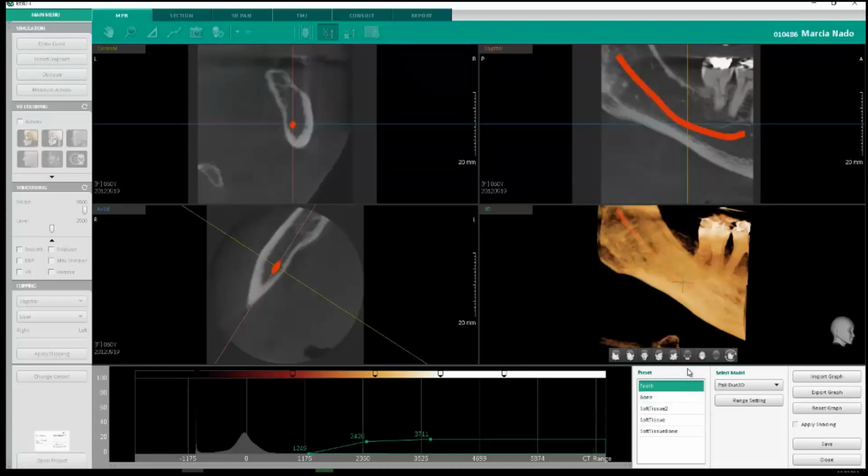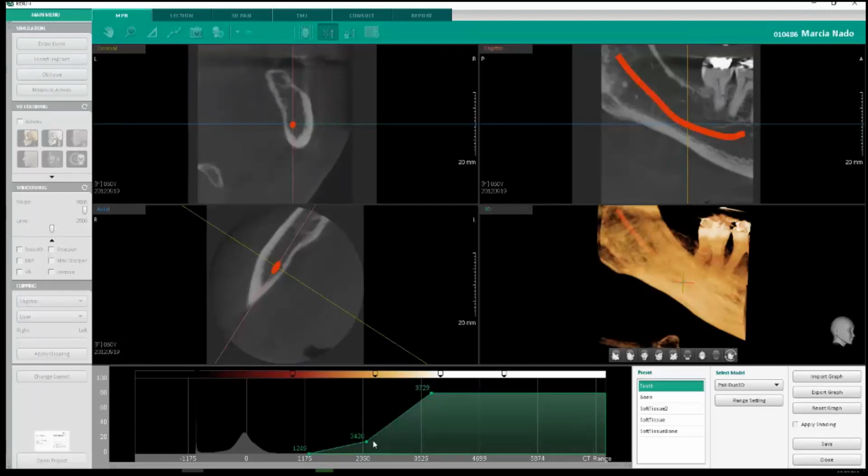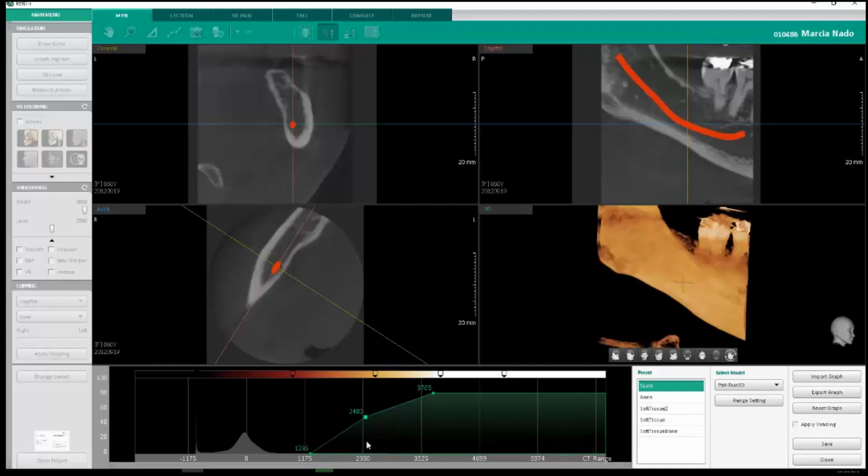In this case, it happens to be for a PAX Duo 3D system, and I can then change these windowing or virtual rendering effects for this particular device itself. So I can adjust my opacity, my density range, my color range and so forth. And once I've made all my adjustments to my scan itself, I'll have the ability to